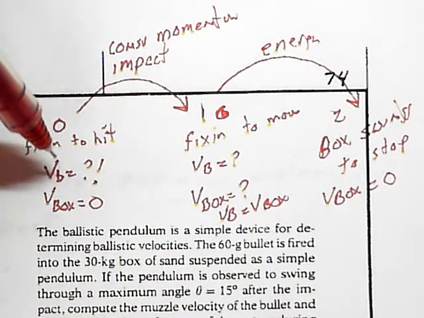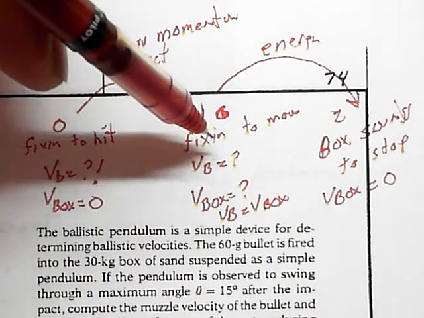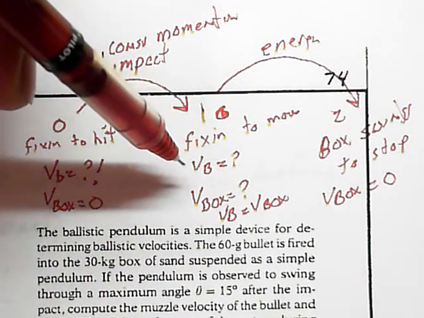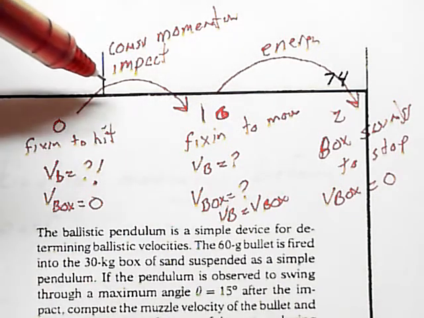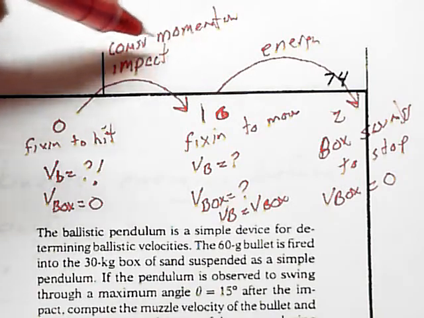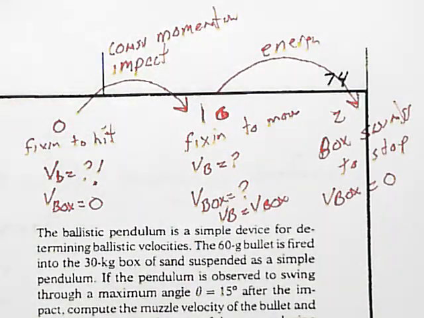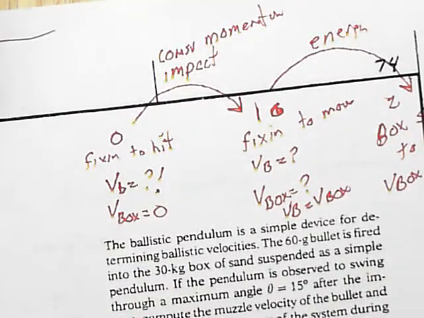Okay, we have impact between bullet and box. The bullet travels and slides through the sand, and there's all kind of friction going on. Clearly not conservation of energy, because there's a lot of friction throwing energy away. But how can we say conservation of momentum during this interesting kind of impact? Because if we have the box